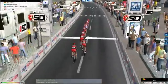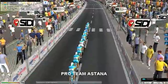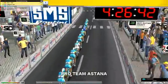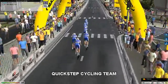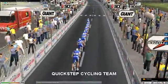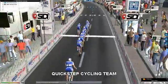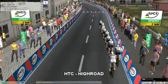Here we can see them passing through at the best time. Of course, they were the first team to pass. And here we can see Astana without Vinokurov, who had an ugly crash in the Tour de France. Hopefully he can recover and do well. They set a new best time, so here's Quickstep cycling team with Tom Boonen and Sylvain Chavanel on their team. Tom Boonen, not the sprinter he used to be, but maybe who knows, he can do some damage in the